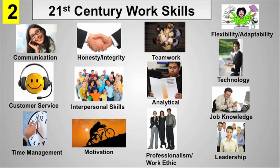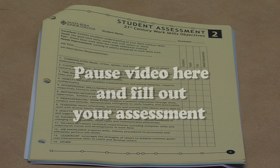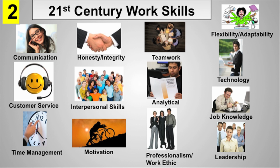The Work Experience course is based on essential skills called 21st century work skills. Employers say that these are the skills that make you a successful employee both now and in the future. Your next step is to complete the self-assessment in the yellow section titled Student Assessment, after you have read the definition of each 21st century work skill. Go ahead and pause the video to assess yourself in each category. Welcome back. Now that you are familiar with the 21st century work skills and have evaluated yourself in each category,